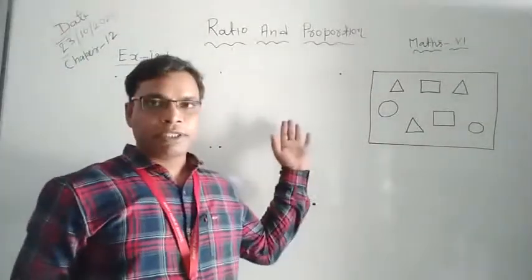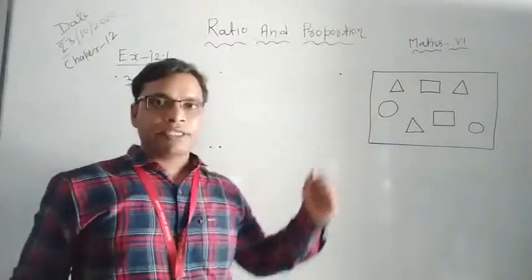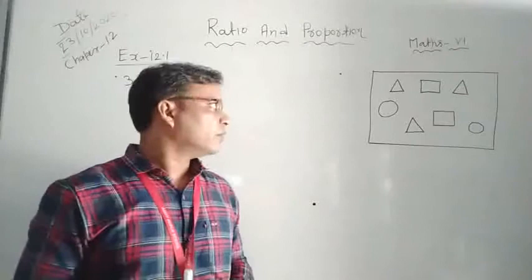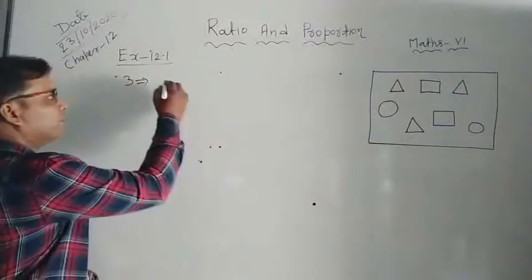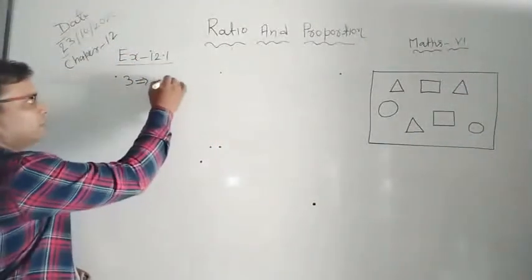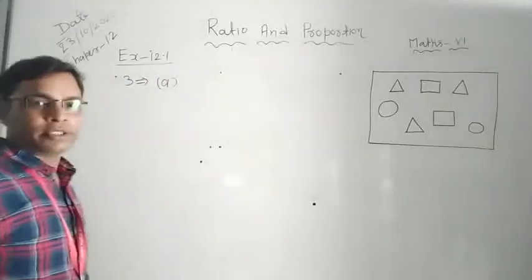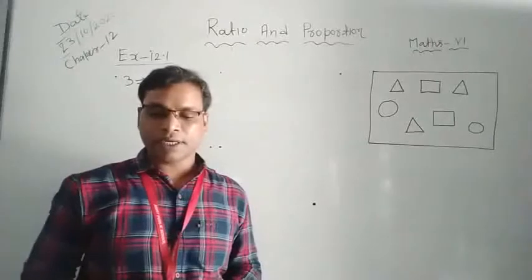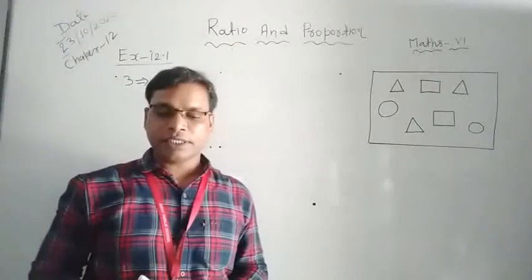This is question number 3. In question number 3, this figure is given here. See the figure and find the ratio of the number of triangles to the number of circles inside